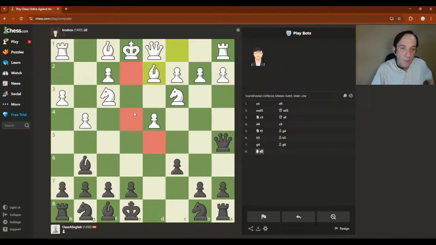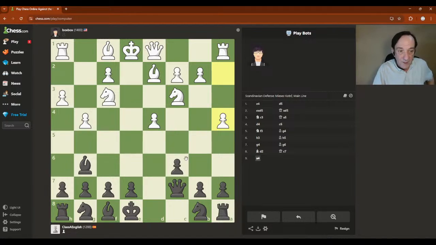But the problem is, the bishop is attacking my queen, so I need to move my queen. So it can be quite dangerous. I'm going to move my queen back here. He cannot attack me because the pawn will kill him. And I'm going to go